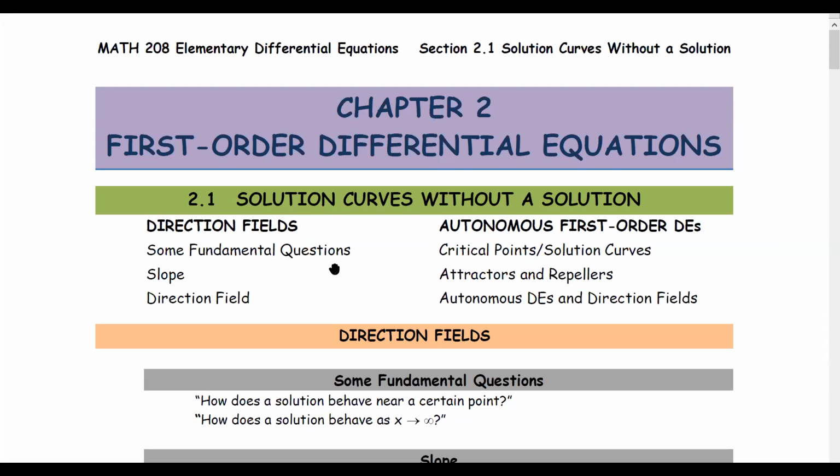Section 2.1, Solution curves without a solution. This section will look at direction fields and autonomous first-order differential equations. For direction fields,